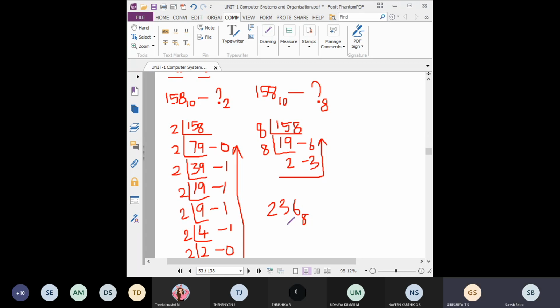Okay, sir. This is the value. Students, everyone understood? Yes, sir. So now, what is the remaining method missing? We did hexadecimal, decimal, binary converted, octal converted, and one more thing is decimal to hexadecimal. So here, what is the divisor?